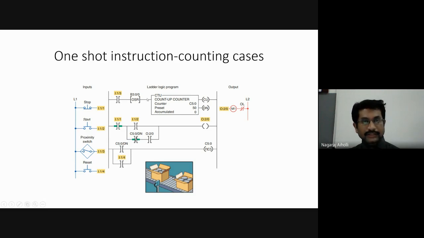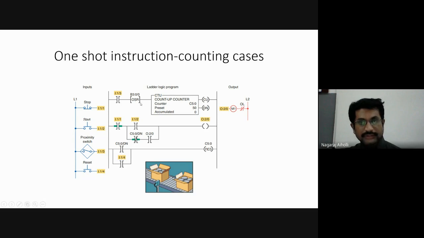Then the OSR, that is the one-shot instruction, also becomes true now because the rung is energized. The rung is energized, the one-shot instruction OSR becomes true. B3:0/0 is the address given to this one-shot instruction. Then here the up counter process starts. This one-shot instruction has just triggered, and then the counting process will start.